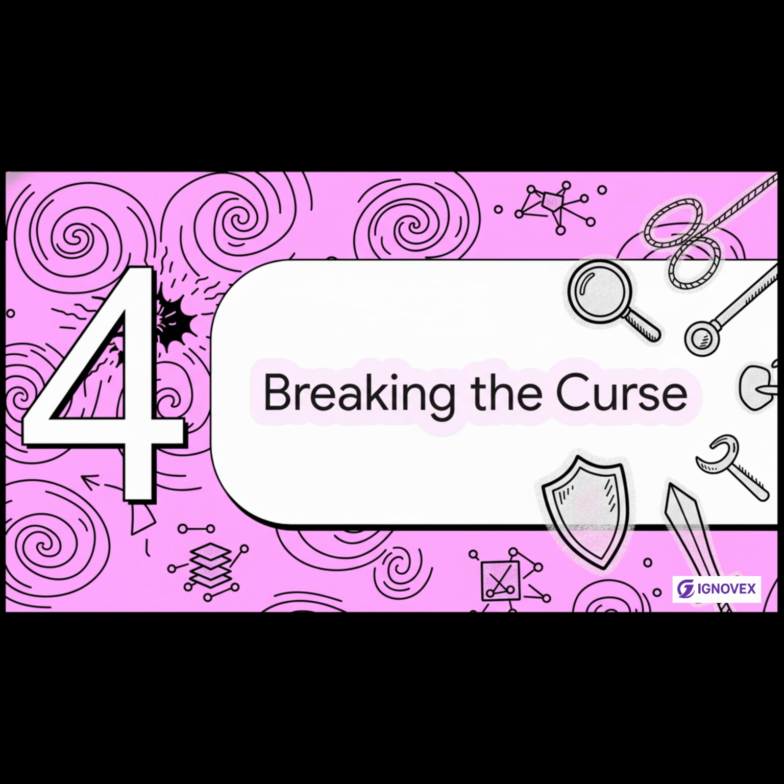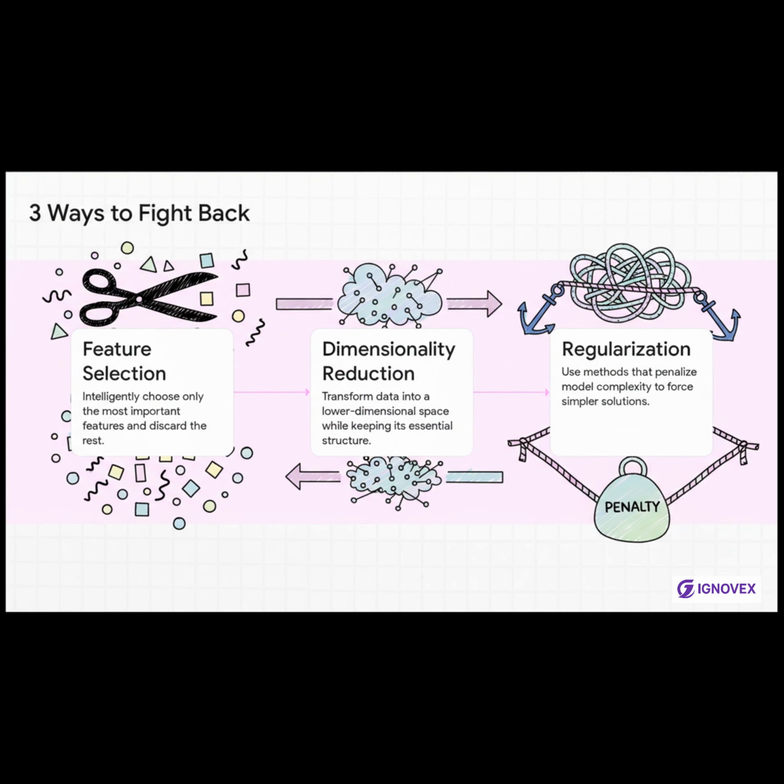Now, I know this sounds pretty bad, but here's the good news. For decades, data scientists have been battling this curse, and they've actually come up with a powerful set of tools to fight back and find the real meaning hiding in all that empty space. You've basically got three main strategies. First up is feature selection. This is kind of like packing for a trip. You can't bring your entire house, so you have to thoughtfully choose only the most essential items and leave the junk behind.